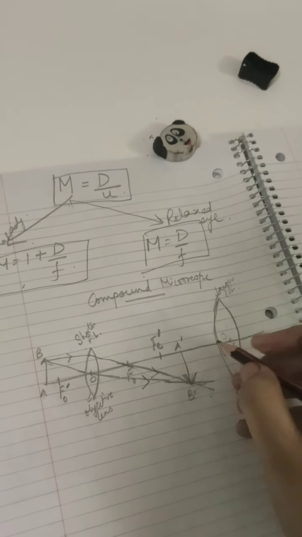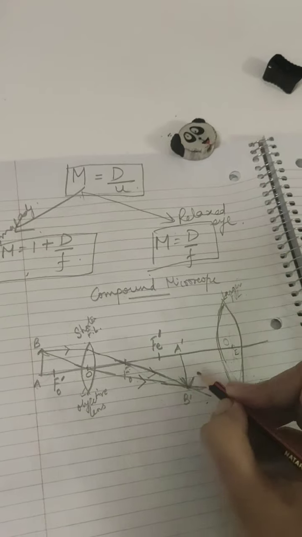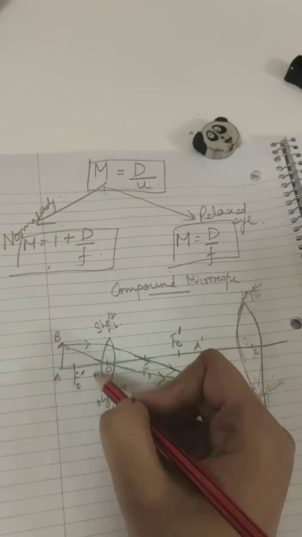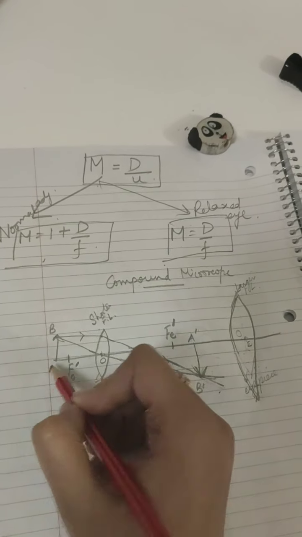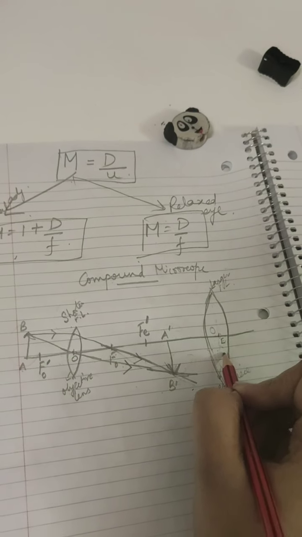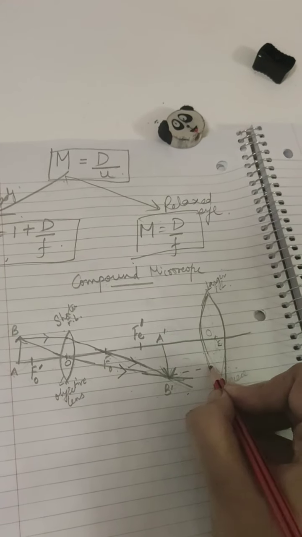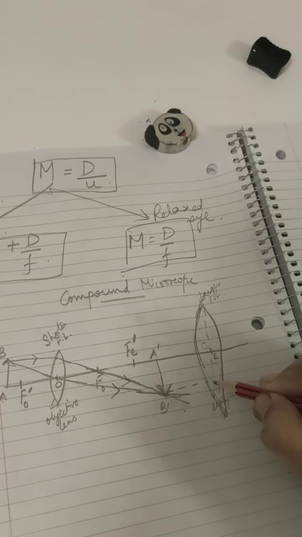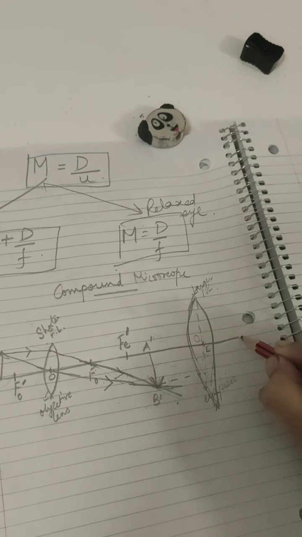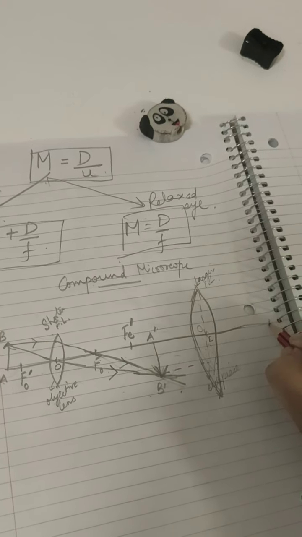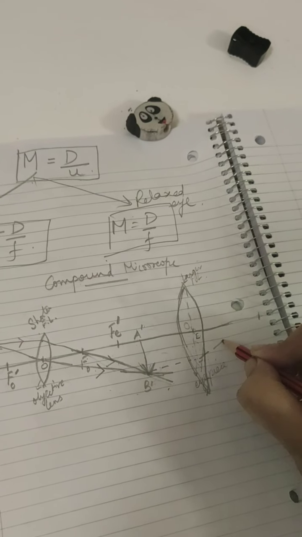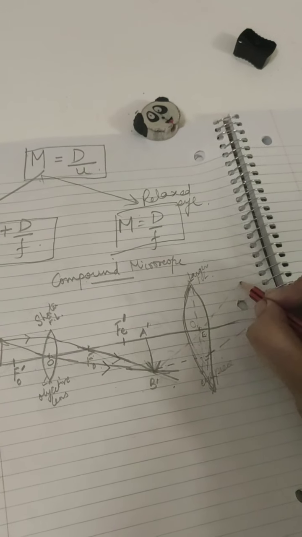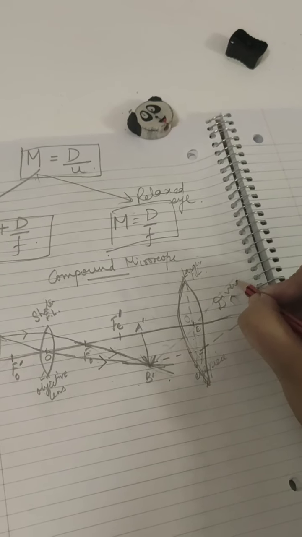Okay. Now, what is the next step? Here, the image formed by the objective lens of the object AB serves as a virtual object for the eyepiece. So the rays with the dotted line, there are no actual rays coming out from the virtual object. Okay, so the rays which are parallel to the principal axis are to pass through the second focus. So this is the second focus, are to pass through this, and the rays through the optical center will pass undeviated. So these are diverging rays, they will never meet.